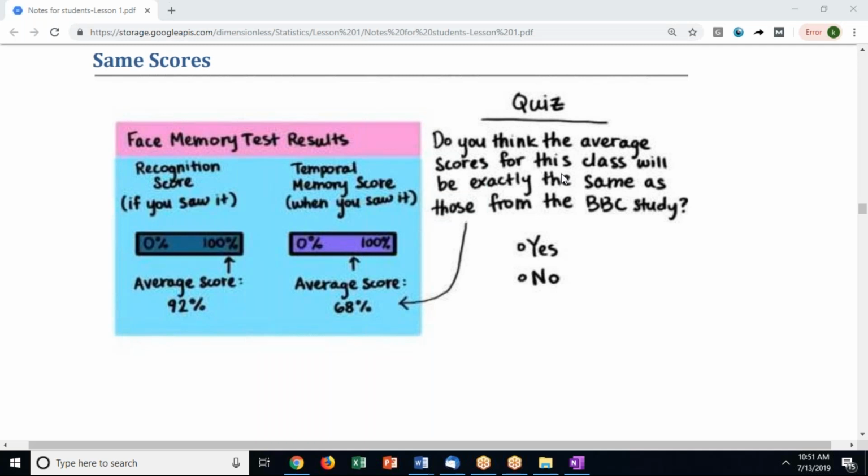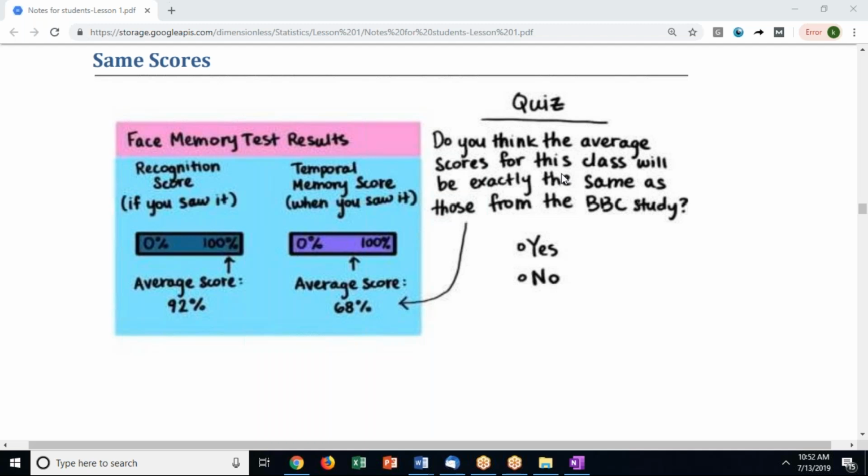Because you're taking a certain sample, just a small number of people, not the entire population. So there's a high chance that it will not be the same. Okay, go ahead. Somebody else is also trying to say something. It depends on the number of samples that